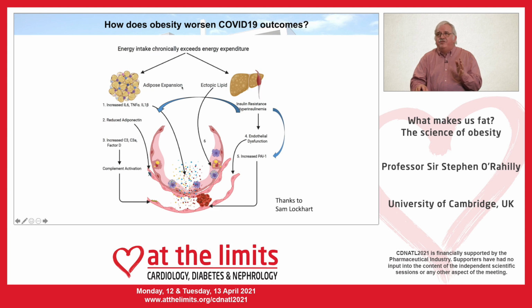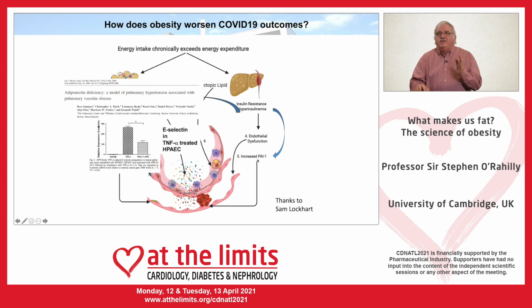There are mechanisms through insulin resistance and hyperinsulinemia, which we know causes endothelial dysfunction and indeed platelet dysfunction, and increases the antifibrinolytic PAI-1, therefore contributing to persistence of clots. We also find things you may not expect. Adiponectin. Adiponectin has surprising effects on suppressing pulmonary inflammation. Adiponectin is very low in people with